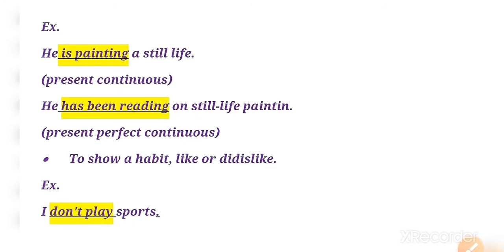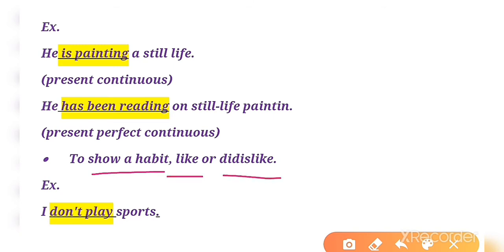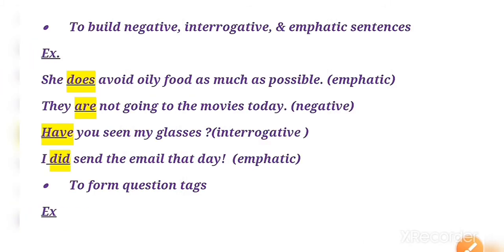So the next point says it is used to show a habit, like or dislike. How is it used to show a habit, like or dislike? See the example, I do not play sports. So I don't play sports. So in this way we use primary auxiliary verb to show our likes and dislikes. Clear? Then after, the third point says to build negative,